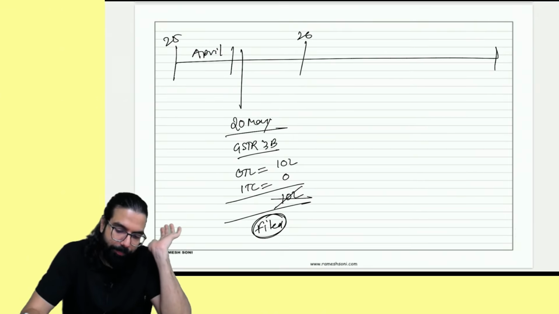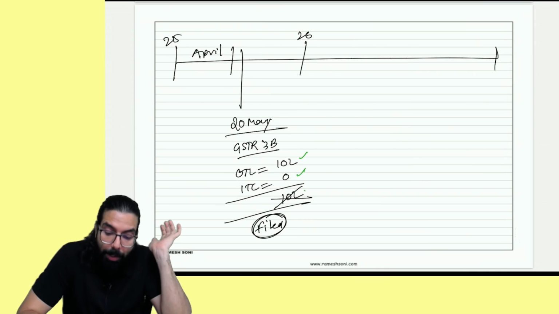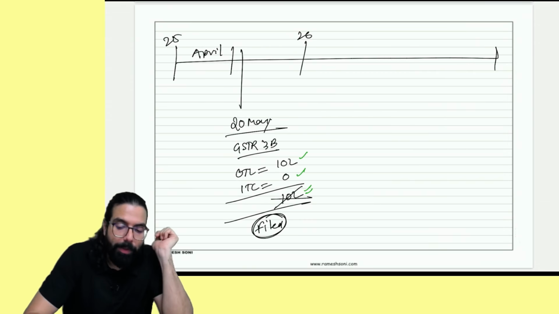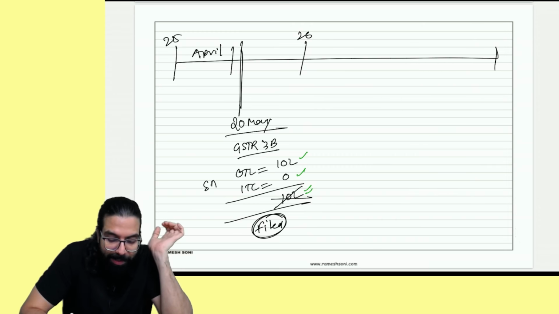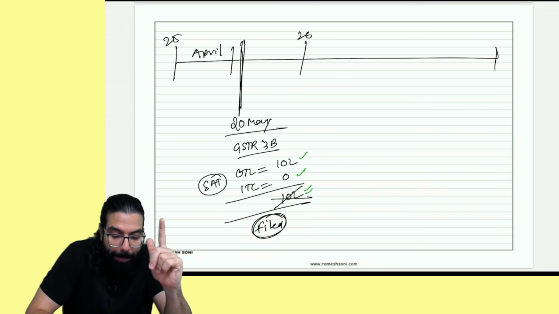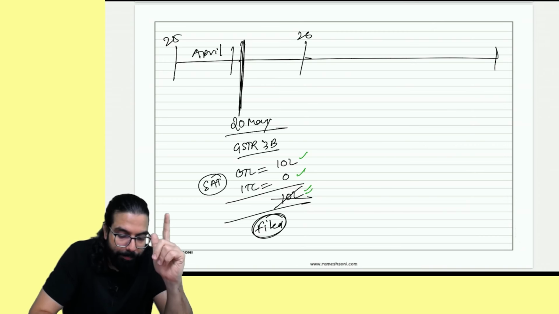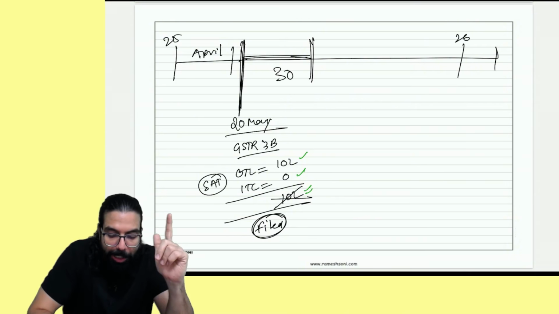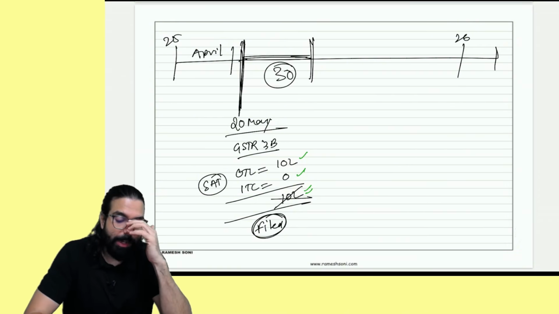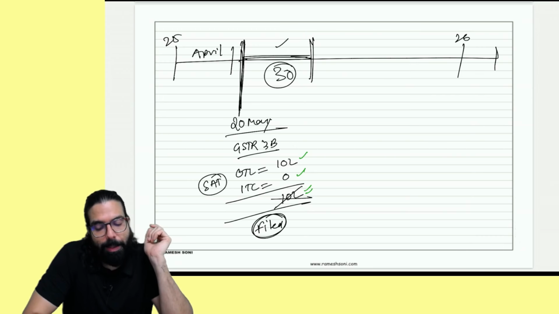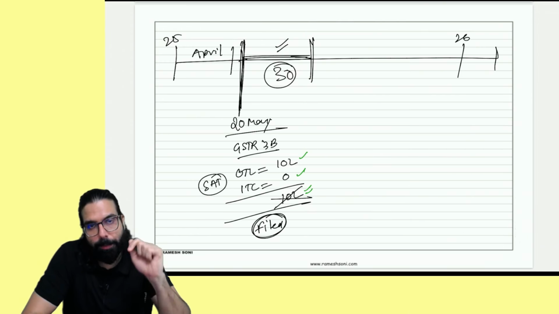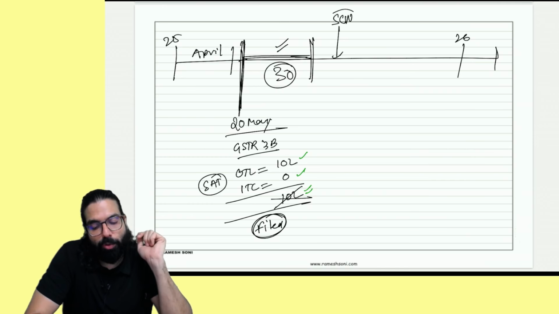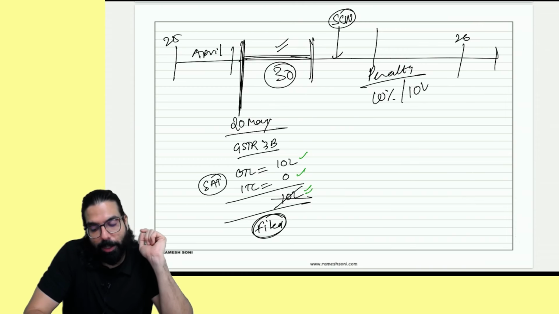Okay, sir. What did I do? Output tax, input tax, I had to pay. I did not pay and filed the return. Remember one thing, this is called self-assessed tax. If you don't make the payment within how many days? If you make the payment within 30 days, no penalty. But if you don't make this payment within 30 days, the officer will issue a show cause notice, and then a penalty will be charged to you, where they will demand a penalty of 10% or 10,000, whichever is higher.